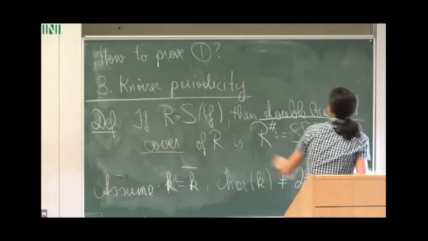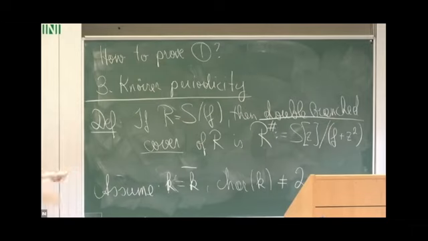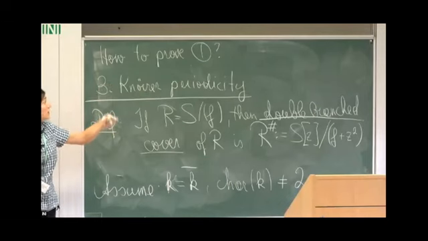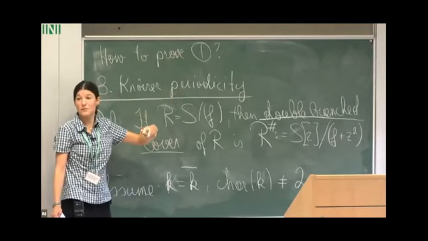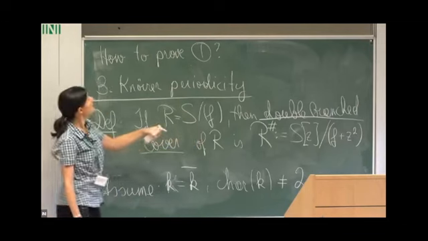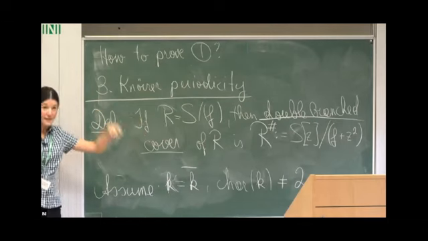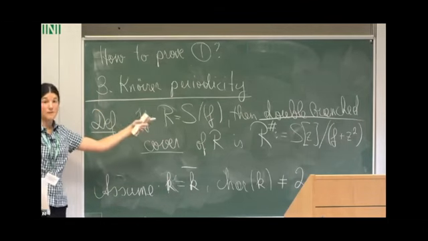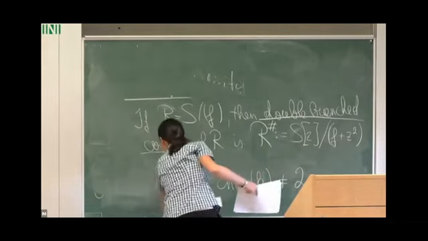Now, if we have a maximal Cohen-Macaulay module over R, how do we get a maximal Cohen-Macaulay module over R sharp? R has one dimension less than R sharp. So this maximal Cohen-Macaulay module is not maximal Cohen-Macaulay over R sharp because the depth is too small. But what we can do is take a resolution and take the syzygy, the depth is going up, and we have a maximal Cohen-Macaulay module. And so this is the definition